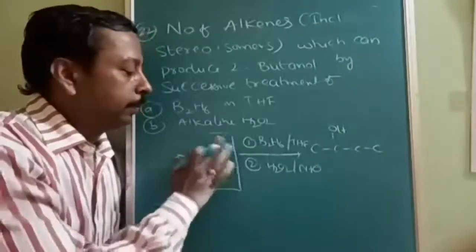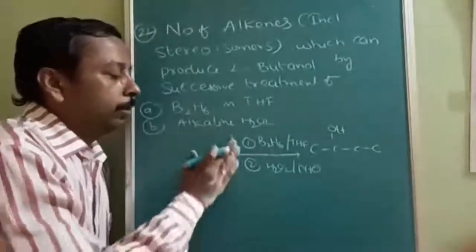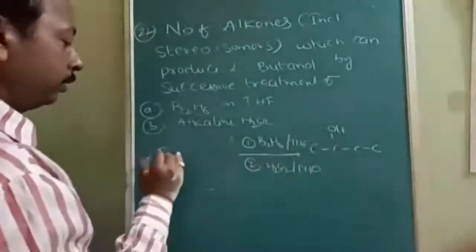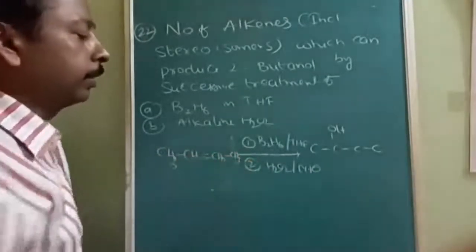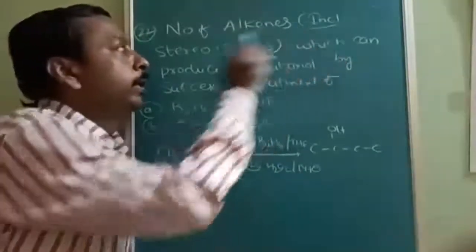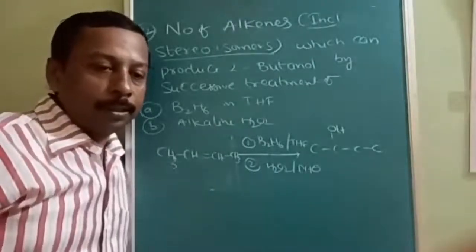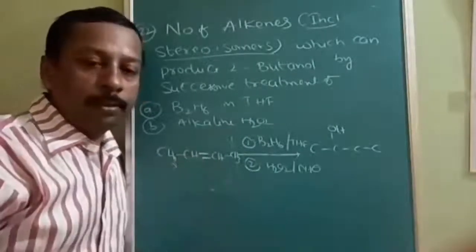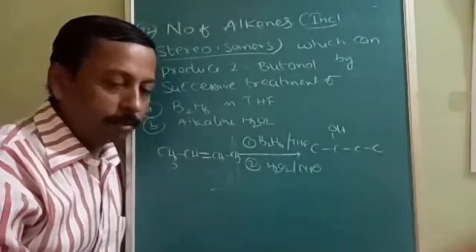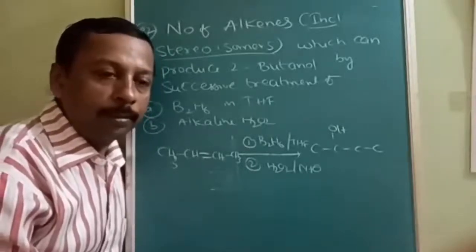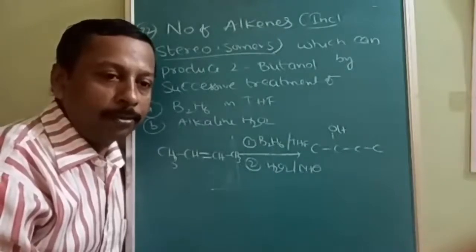Frankly speaking, only one reactant. What is that one reactant it can give you? Only one reactant, if you want this: CH3, CH double bond CH, CH3. But see, the bracket is very dangerous, including stereoisomers. In stereoisomers, there will be geometrical isomers also. Stereoisomerism is a combination of optical isomerism and what isomerism? Optical and geometrical also come in.